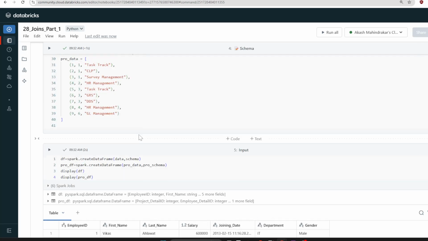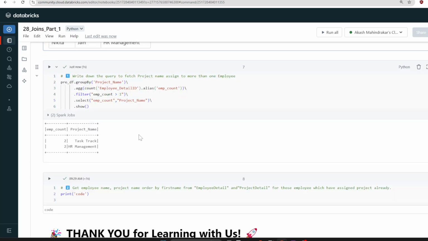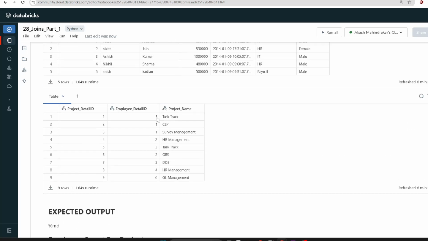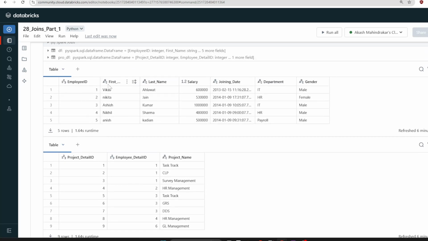Now let us see the second statement. The second statement is that we have to get the employee name and project name. If you see, to get the employee name we have to go for the employee table, and to get the project name we have to go for the project data frame. So firstly we need to perform the join between these two, right? And then we have to select only selective columns, not all columns. What all we have to select? The first name, the last name,